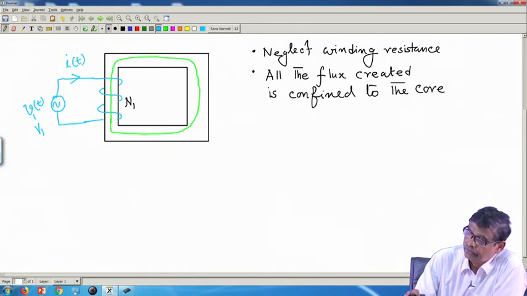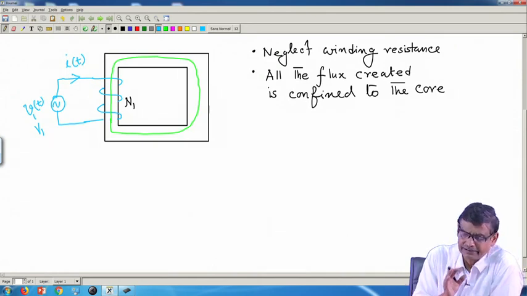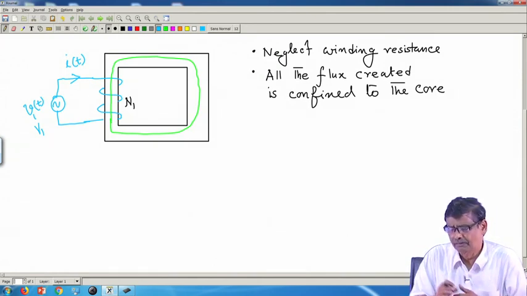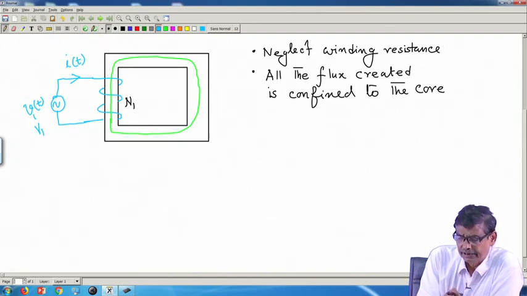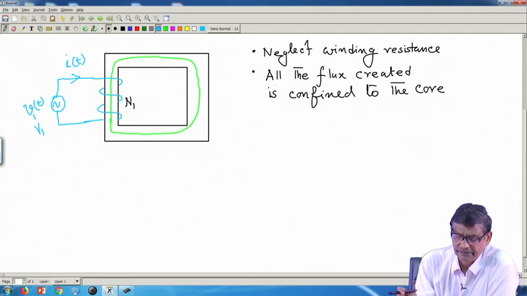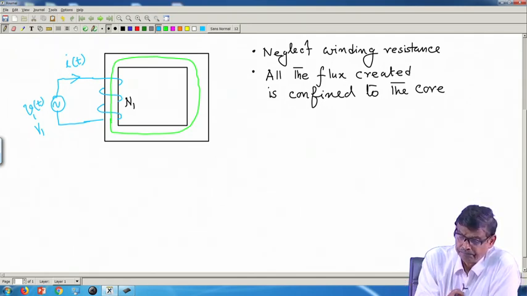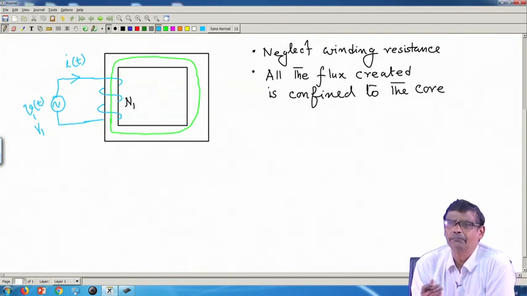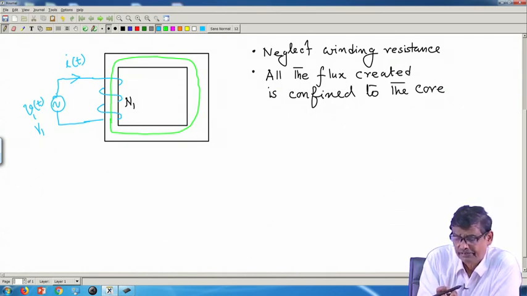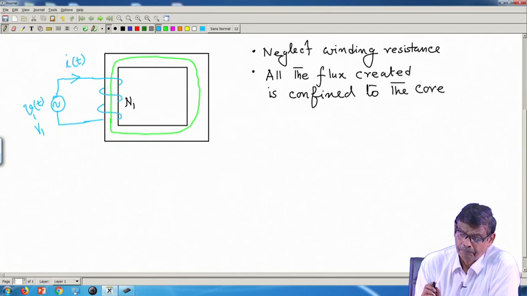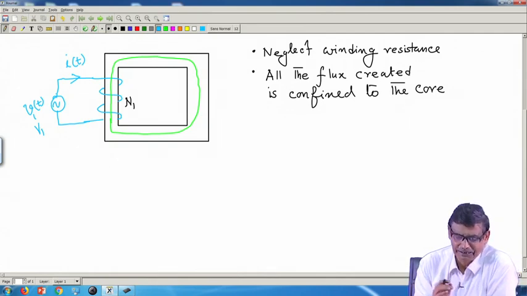So, with the winding resistance neglected, without thinking too much about it, I can only say this much. There is a coil having no resistance, and therefore this coil will act as an ideal inductor, and it will draw some current lagging by 90 degrees. The value of the current will be decided by the inductance of the coil. That way one can think, but I will tell the same thing in a slightly different way.